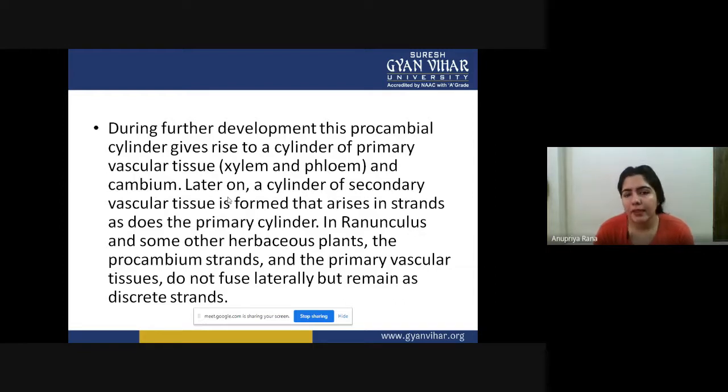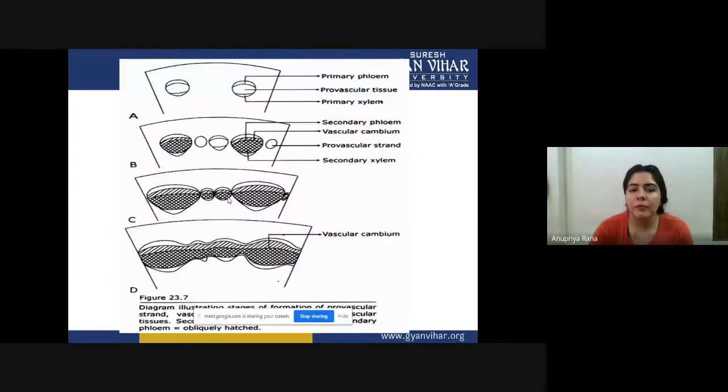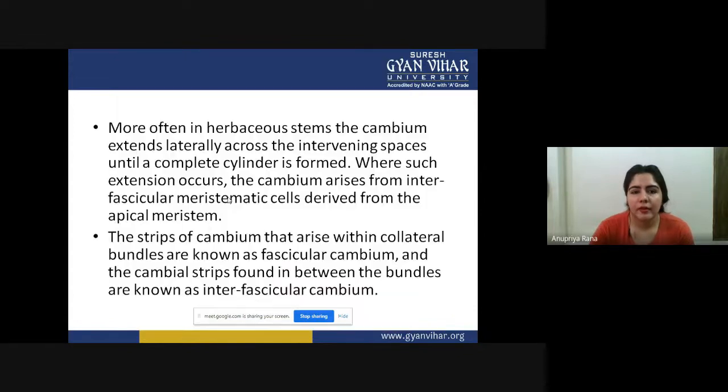But what happens inside some plants is that they do not need that ring formation for their development. But this is a very rare condition. Not every plant works in that situation. Only certain plants can do secondary growth even without fusing and forming a ring. So this is a very rare situation. Not every plant does it that way. We already studied this diagram.